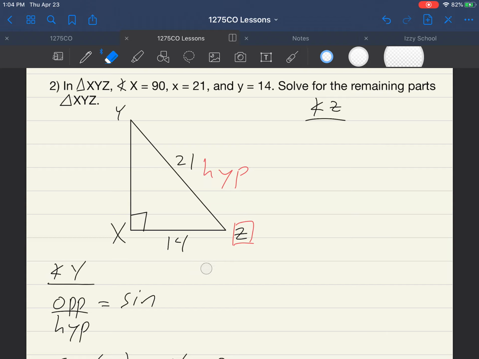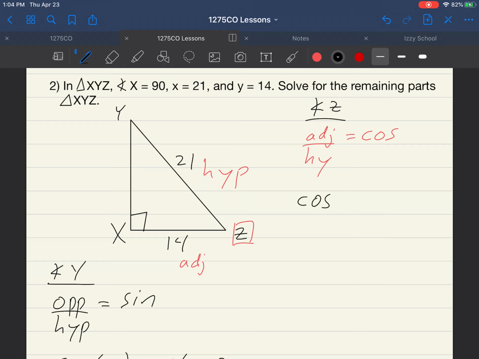All right, so again, that's not going to change the hypotenuse label, but because our angle of focus is changing, that's going to change the adjacent label, right? Adjacent over hypotenuse indicates the use of the cosine function. So the cosine of z is going to equal 14 over 21,